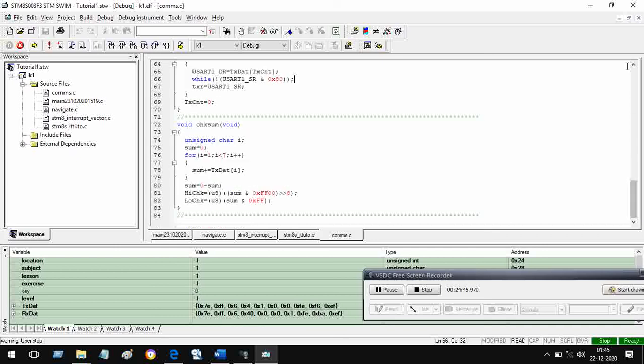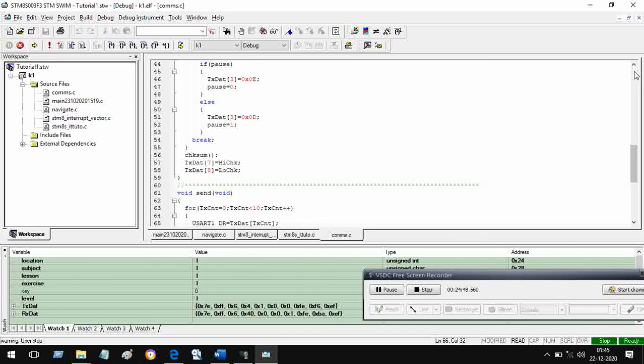So the ultimate aim was this, that the user should be able to choose a file, control its volume, pause when he wants, play when he wants. For that we have provided 7 keys, and the 7 keys have to be processed to eventually send a 10-byte data to the MP3 module, so that those functions are implemented by the MP3 module. So this is how it is.